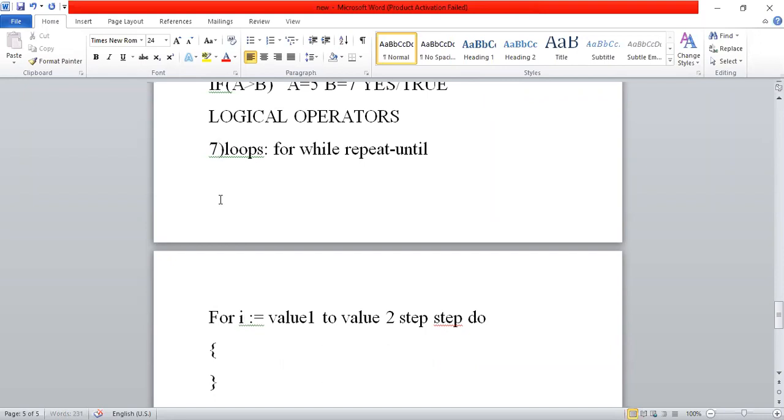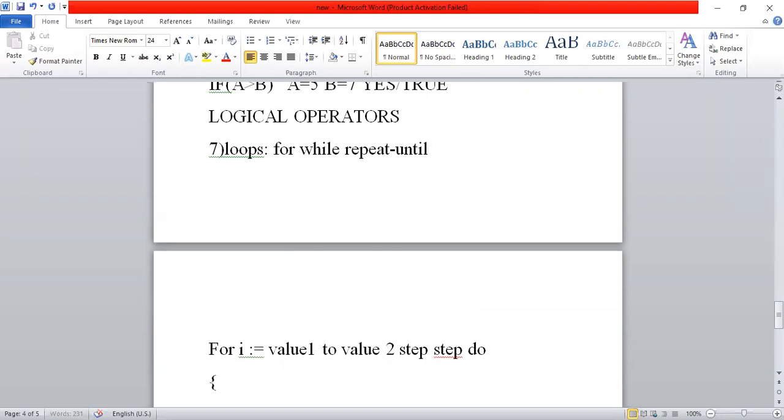So the syntax for loop is for expression. I is expression now. For expression, okay? Assignment symbol followed by expression 1 to expression 2. Value is also expression. Value 1 is one expression, value 2 is another expression. Okay? Expression 1 to expression 2, step 2. Okay, now I will tell you what is the second step.